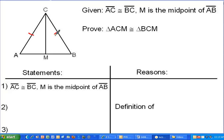M is the midpoint of side AB, or segment AB. Okay, well that's our first statement. So what's our reason going to be for that one? Given, yeah. And that's almost always the first reason. That's a freebie. Okay, now